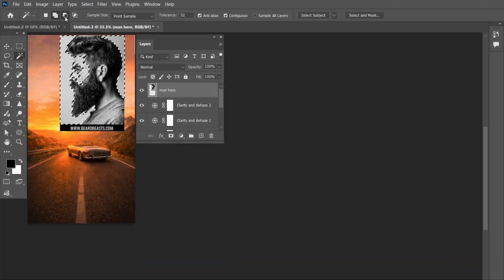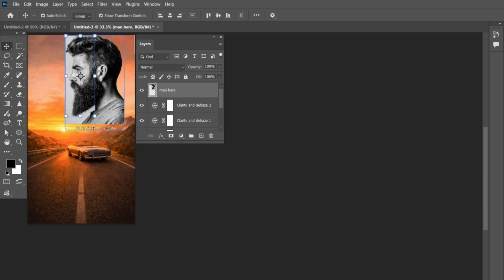Now I added my hero image to the artboard. I used the magic wand tool to remove the background. After that, I added a layer mask and refined the edges using a soft round brush. Next, I added